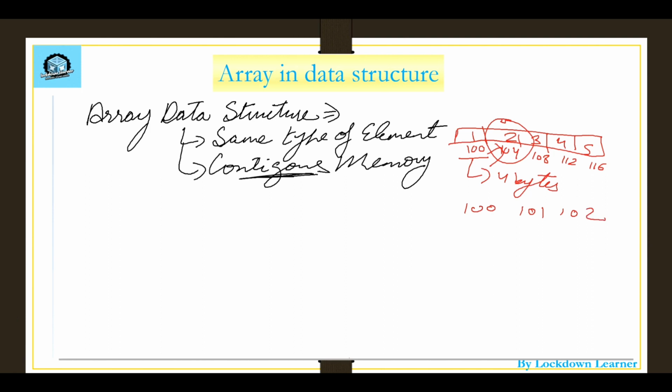Okay guys, now let us see the array data structure. Suppose you have an array ARR of 5 with elements 1, 2, 3, 4 and 5. Now suppose I ask you to print 2. If you know a programming language, what will you do? You will write printf of ARR of 1, because you already know that 2 is stored at ARR of 1.